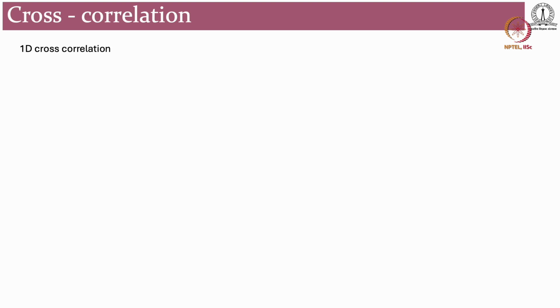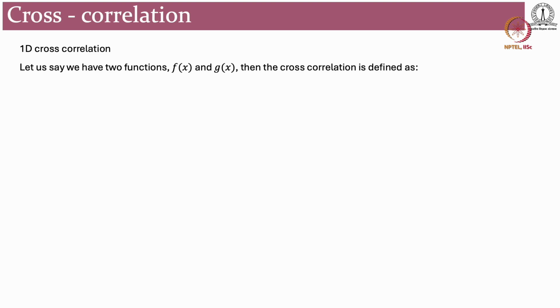So now we will see a simple 1D correlation, cross correlation basically, and how does it work. We will consider two functions, f of x and g of x, and we will see how we can define the cross correlation function for these two functions. Say this is f of x, a top hat function, this blue color, and we also define some g of x which is something like this. Okay,